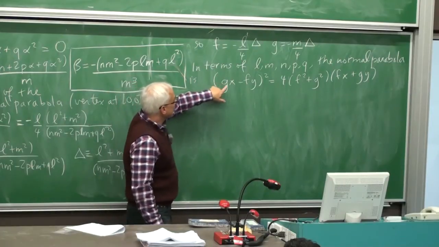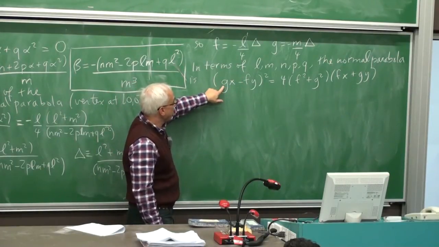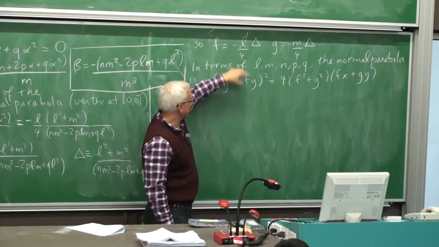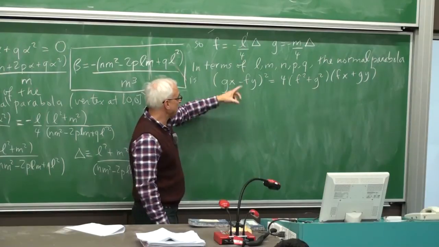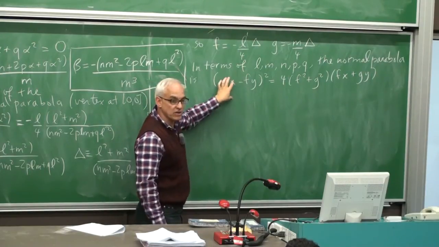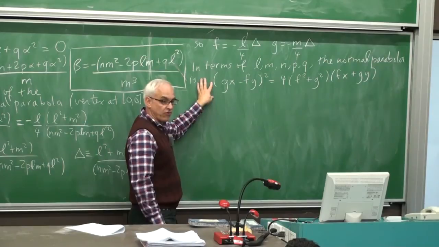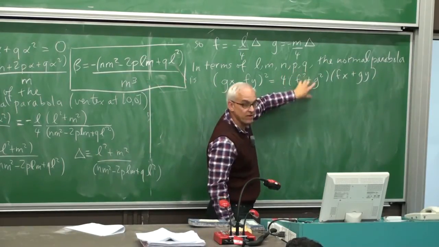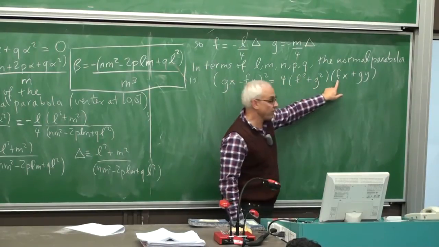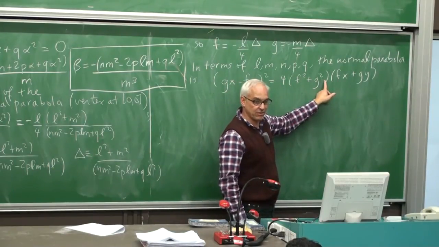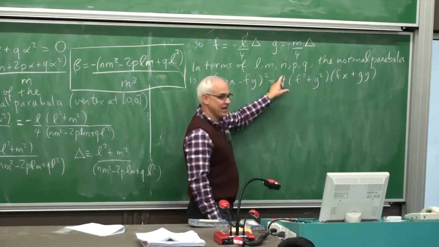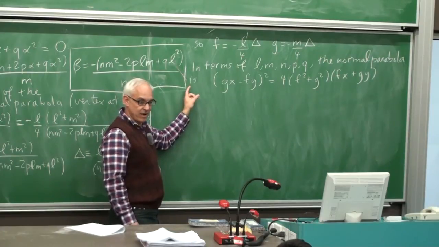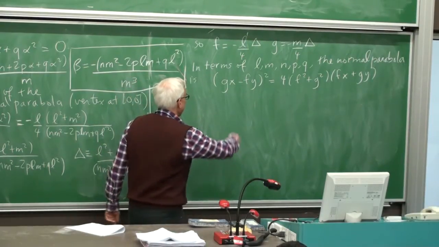So this g is going to be replaced with minus M times delta over 4. And then f will be replaced with minus L times delta over 4. There will be lots of delta over 4s. There will be a delta over 4 in each factor here, and that will come out as delta over 4 squared. And on this side here, there will also be delta over 4s. There will be 2 of them in this factor, and 1 of them coming out from this factor. So there will be 3 delta over 4s on this side, and 2 delta over 4s on this side coming out.